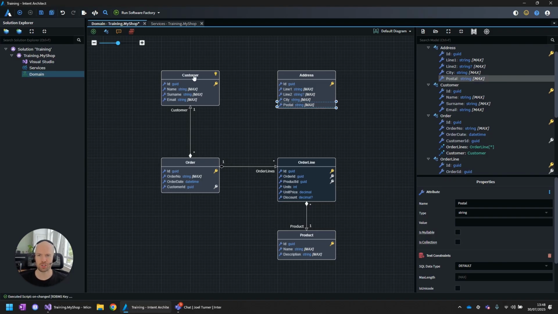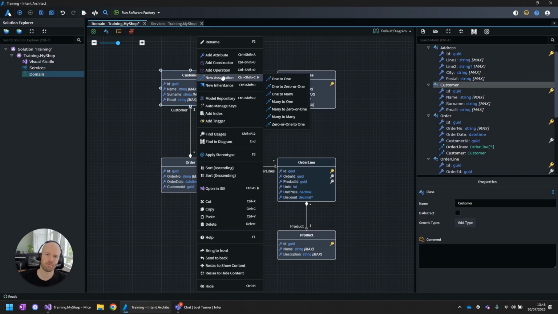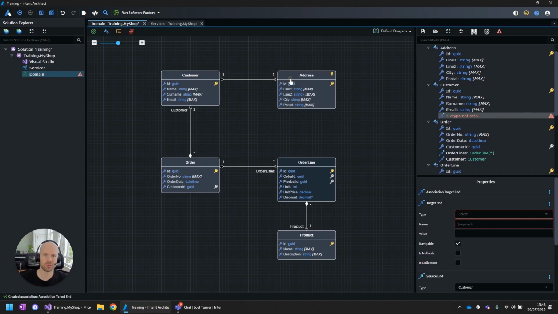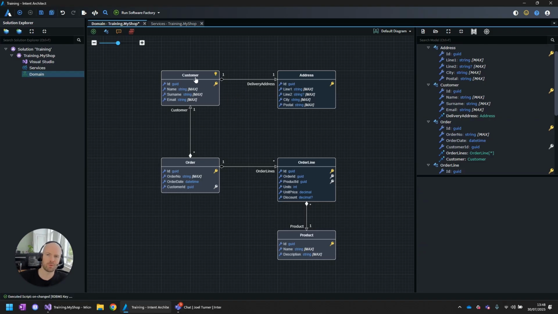Now, the relationship between our customer and our address is that our customer itself may have a one-to-one relationship with the address, but this could be specifically the delivery address. So if I select my association and I say F2, you can see that I'm going to head back over to renaming it, and we can call this our delivery address. And because it's a one-to-one, it means that if we were to delete the customer, we would also be deleting the